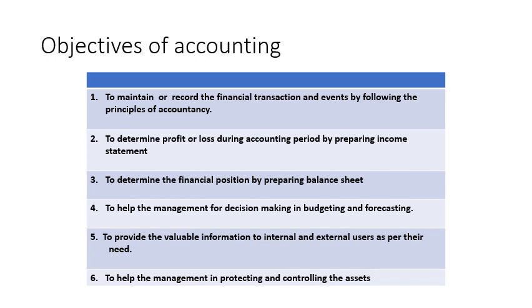The second point is to determine the profit or loss during the accounting period for preparing the income statement. So first, try to understand the objective is to prepare the profit and loss account for deriving the results of the net profit or the net loss. The statement can be prepared with the help of the trading account, which shows the gross profit or the gross loss, meaning covering the cost results only, and then the profit and loss account is prepared,